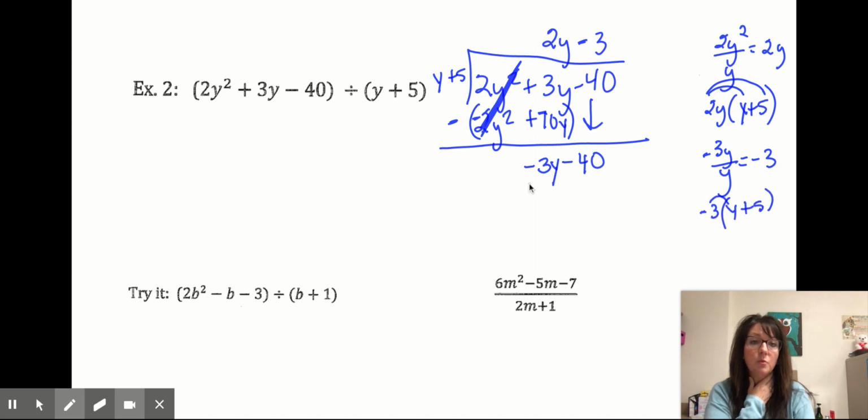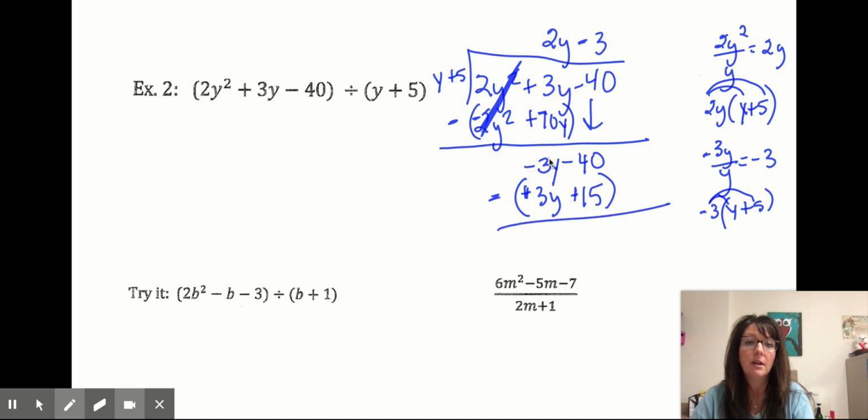So negative 7 times y is going to be negative 7y. Negative 7 times 5 is going to be negative 35. But we have to subtract this whole amount. Remember, that's the algorithm that we use. So this becomes a positive and this becomes a positive. It's like distributing a negative number. So negative 7y plus 7y cancels out. Negative 40 plus